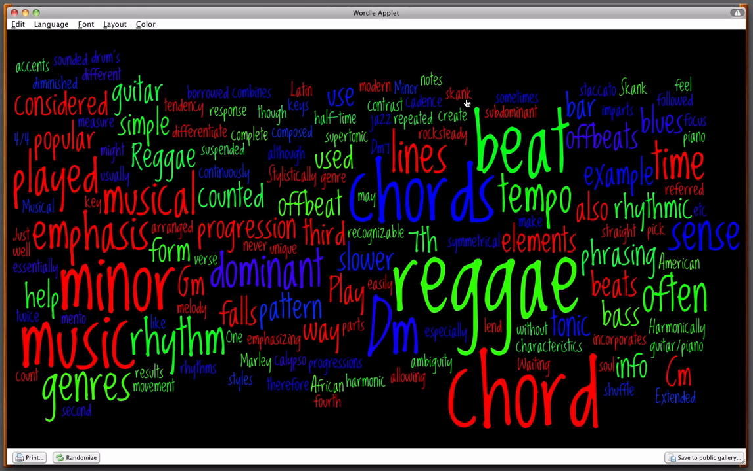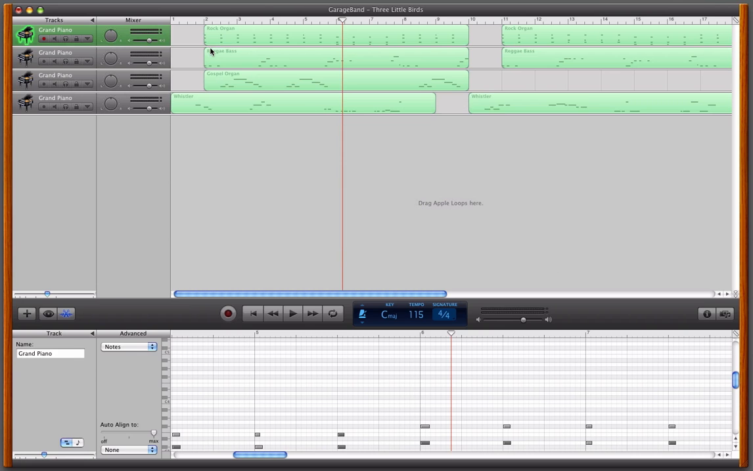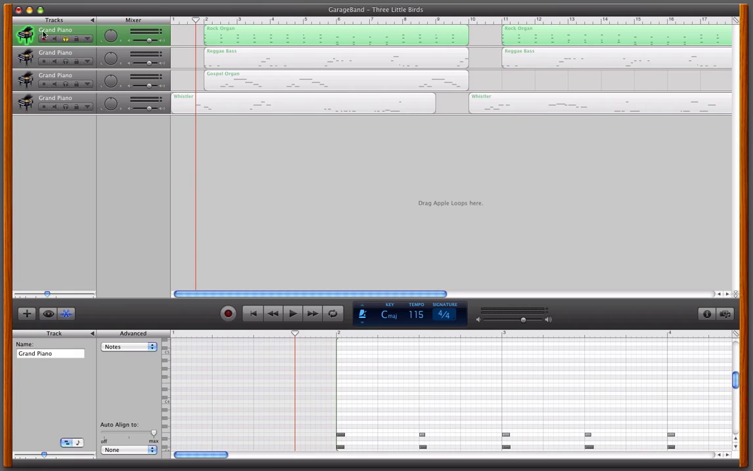So if we go back into GarageBand, you can see that this first track, if we solo it by clicking the headphone symbol, what you might find is your GarageBand is slightly different from this one, but the symbols are still the same. So if you click on the headphone icon, it should solo this particular track. If we have a listen to it,